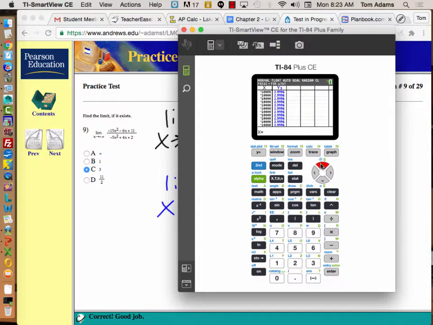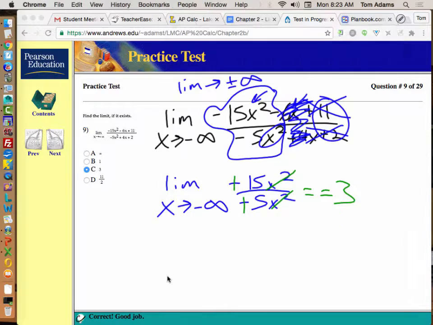So as I keep going and going, the only thing it's going to do is get closer and closer to 3. So you can see at 10,000, you already see this asymptotic behavior. You already see how negative 15x squared over negative 5x squared dominates this rational expression, right? Does that make sense? Okay. Yeah, but we're asked to approach negative